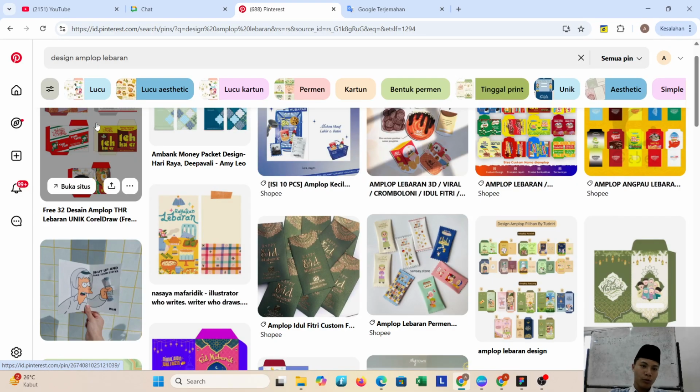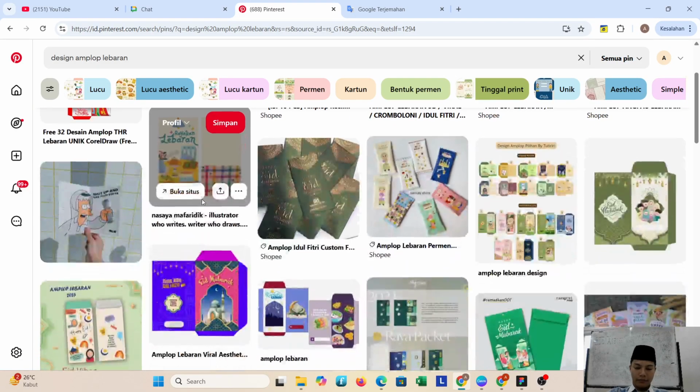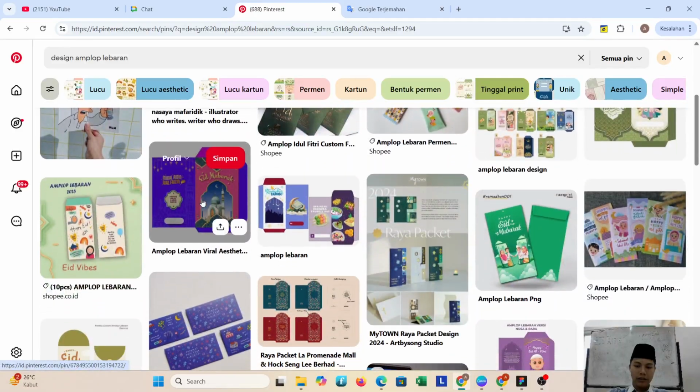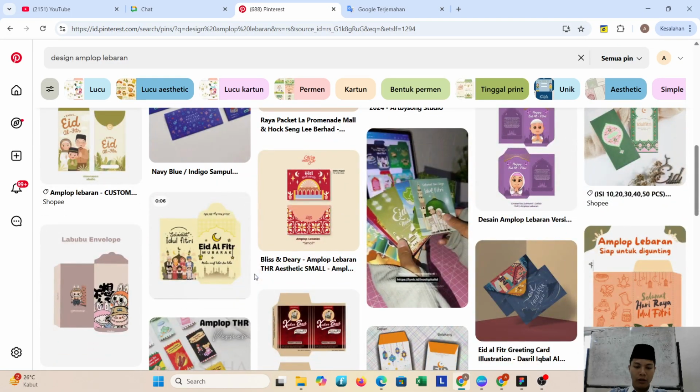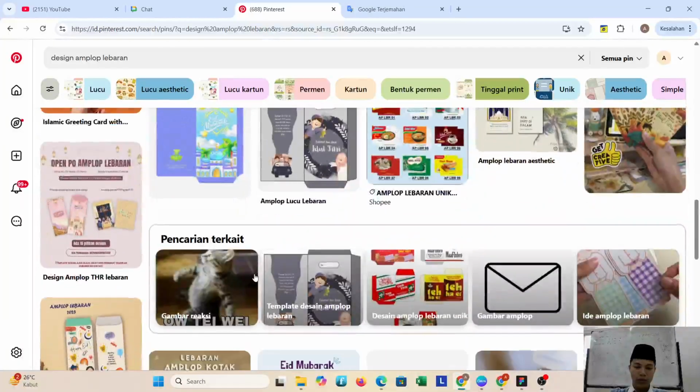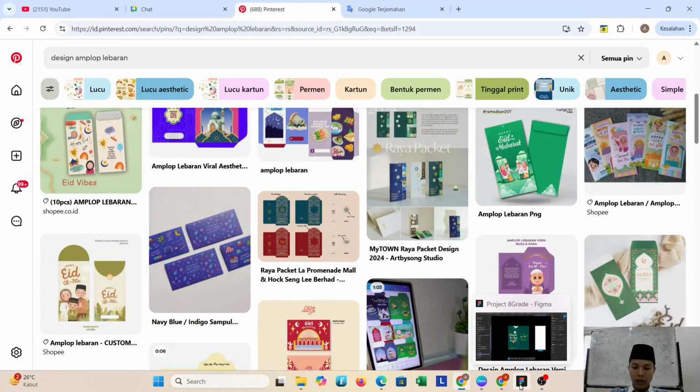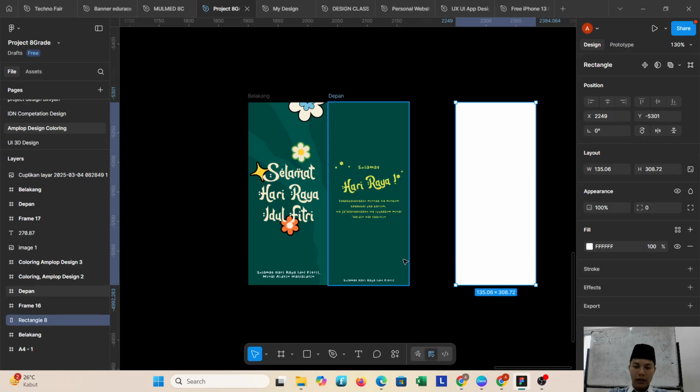You can search envelope, and in Pinterest there are many designs you can make for your envelope design. And I already have one like this, and now we will make the envelope design like this.